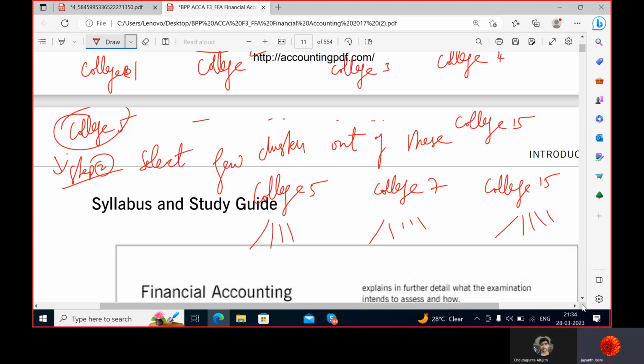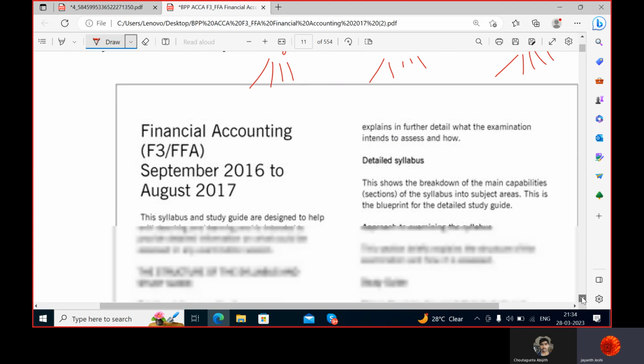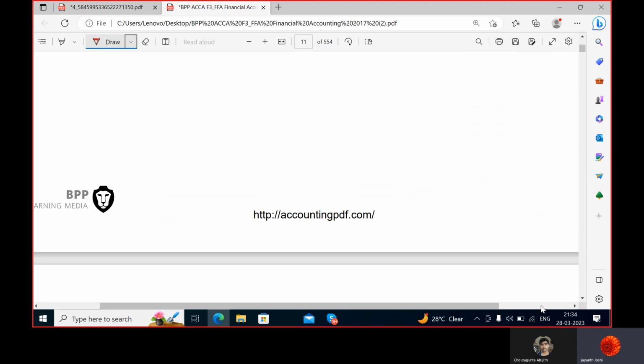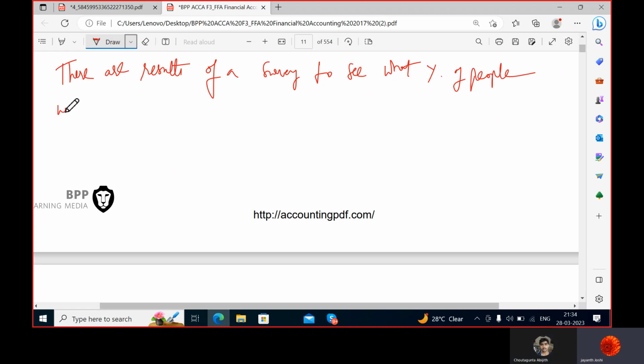If I want to see some cluster, an example of cluster sampling can be this. So there are results of a survey to see what percentage of people would attend a cinema screening of a live gig